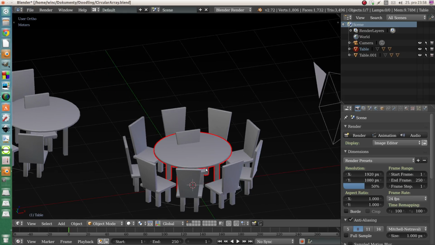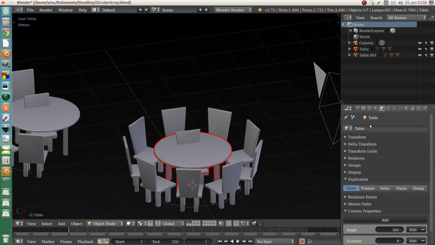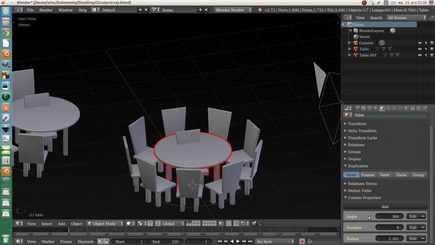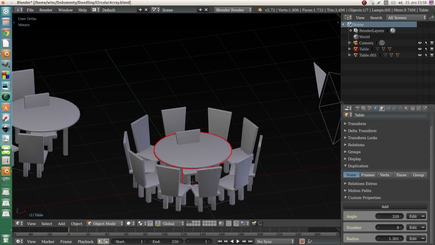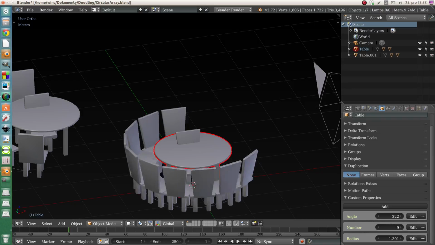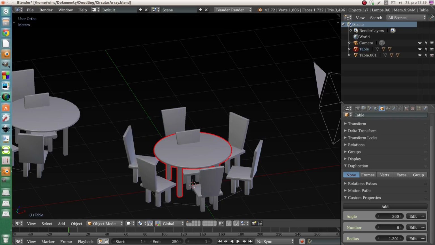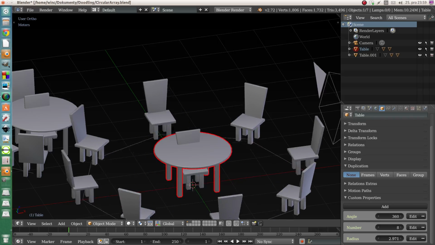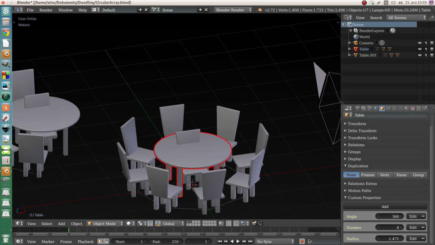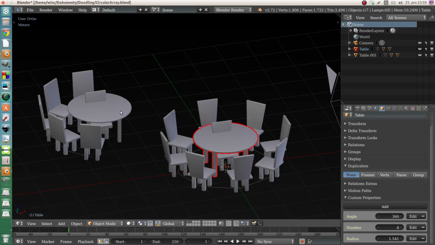So how it will work: when we finish, there will be just a table, and this table will have three custom properties: angle, number, radius, and it will control the chairs around it. Angle is where the chairs will be, from 0 to 360, of course. Number is the number of chairs, again, of course. And radius is how far the chairs are from the table. And each table will have its own properties